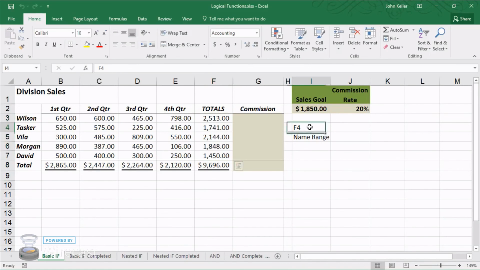Now you may notice I have an F4 and I have the named range here because one of the things that we're going to find is, and if you're familiar with building